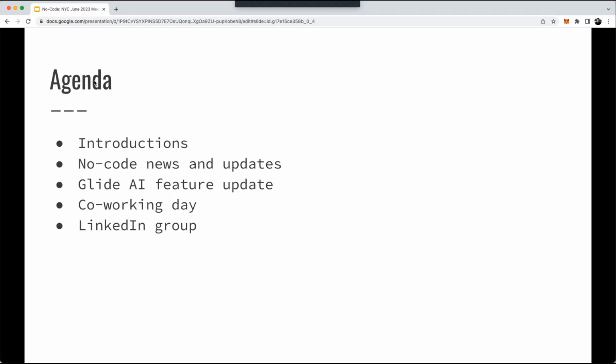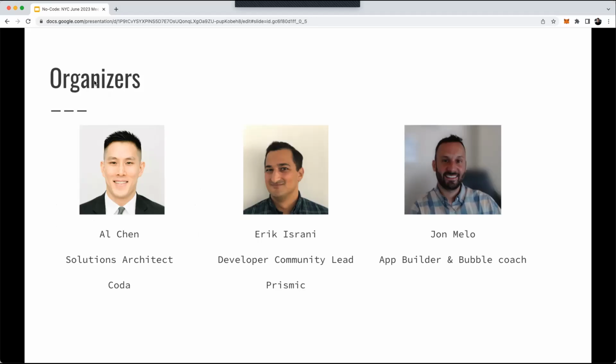Nothing super crazy. And so my name is Al. I'm a solutions architect at Coda. We're a no-code tool. Ronnie is another one of the co-organizers. He's a developer community lead at Prismic, which is not really a no-code tool. It's like a headless CMS, I believe, if anyone knows what that is.